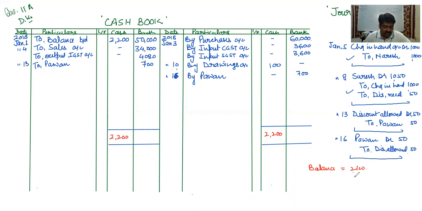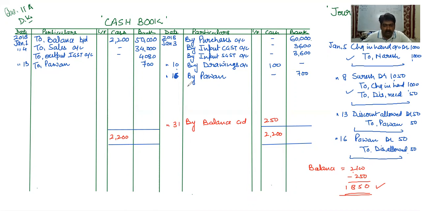Now see what instructions are there. Deposited into bank balance of cash in excess of rupees 250. So retaining 250 with us, we have to deposit all excess cash. 10 minus 5, 5, 10 minus 2, 8, 1. So 1850 is our excess of cash. This amount we have to deposit in our bank. So closing balance of cash will be rupees 250, and 1850 rupees we will deposit